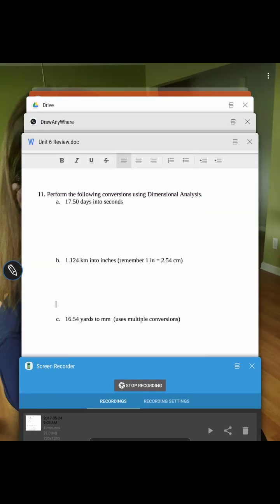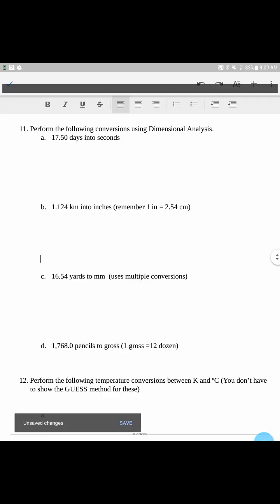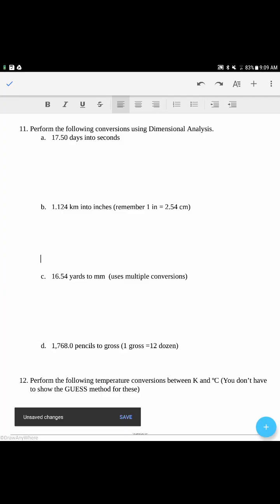All right, we're going to do some dimensional analysis. First we're going to talk about just the concept of dimensional analysis. Actually, I'm going to put this to the side so I have some more room. There we go. Okay, dimensional analysis is based on the concept that if we have